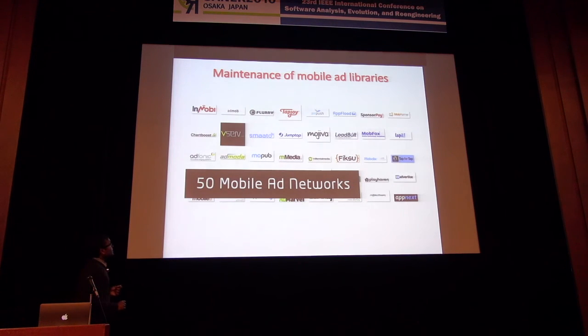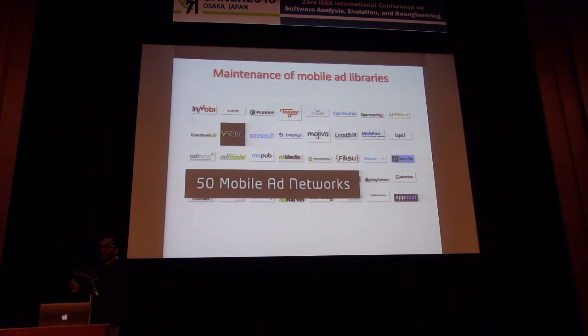When it comes to maintenance, we've looked at maintenance of advertising libraries. There are more than 50 advertising libraries, and these libraries change quickly. I remember Thomas was saying that there's a company that went under. A lot of these companies go under. And we found that apps are still using libraries from companies that have gone under. So they're using dead code. They're calling ad companies for advertisements, the company doesn't exist, so they don't get advertisements, and they don't get money. So how are you going to solve this problem for the mobile app developers?